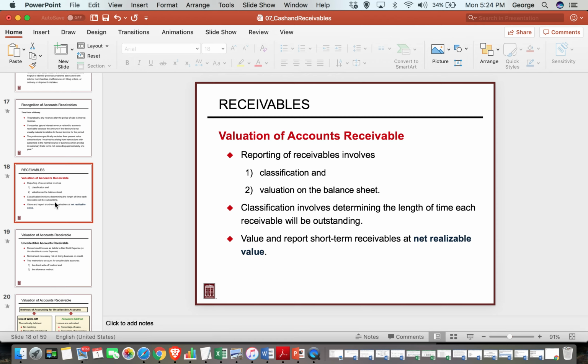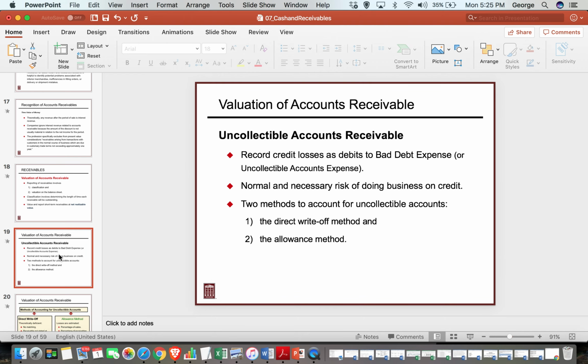All right, so valuation of accounts receivable involves both the classification and valuation on the balance sheet. So classification determines the length of time the receivable will be outstanding. It should be 3 months, 6 weeks, that sort of thing. We value and report short-term receivables at what we call net realizable value, which would be the sales amount less the amount we typically expect that we will not collect, so the allowance for doubtful accounts. All right, so uncollectible accounts receivable,